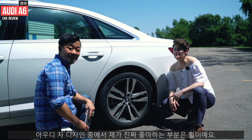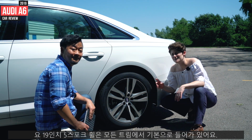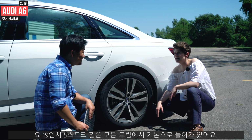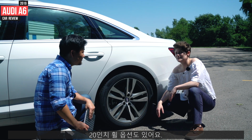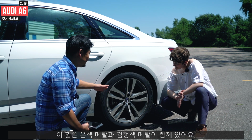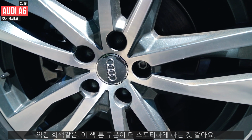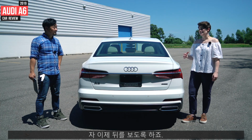One thing I really like about Audi is their wheel design. These 5-spoke 19-inch wheels come standard on all trims of the A6. There's also a 20-inch wheel option. This one has metallic silver and black together, sort of gray, so that makes it more sporty. This brings us around to the